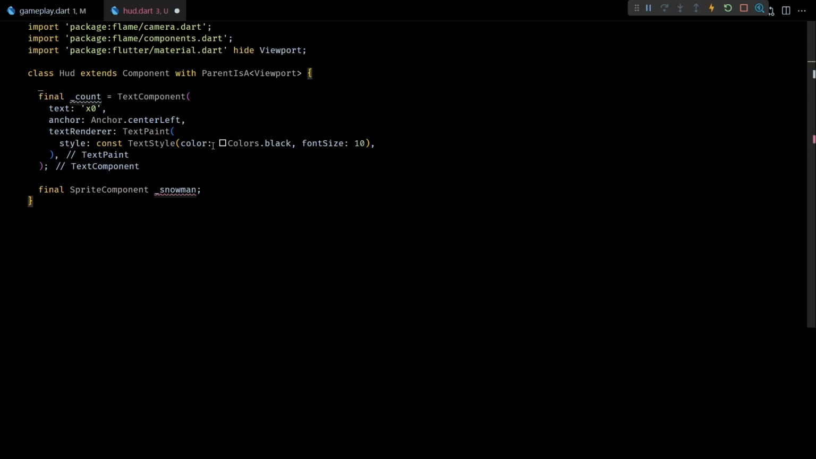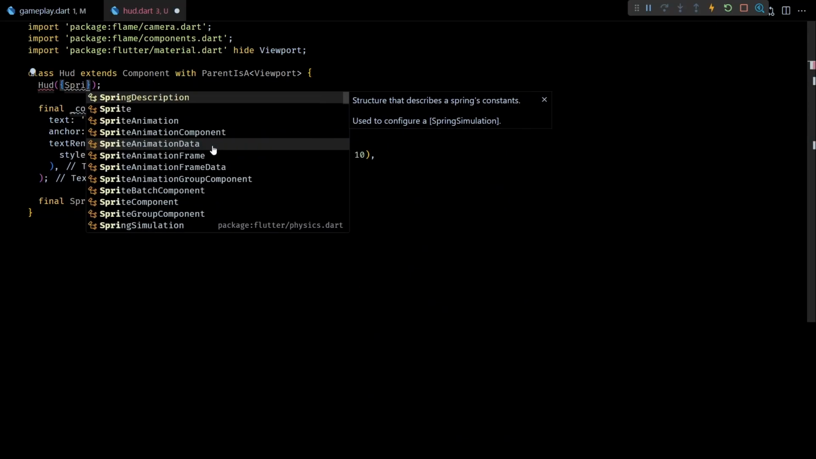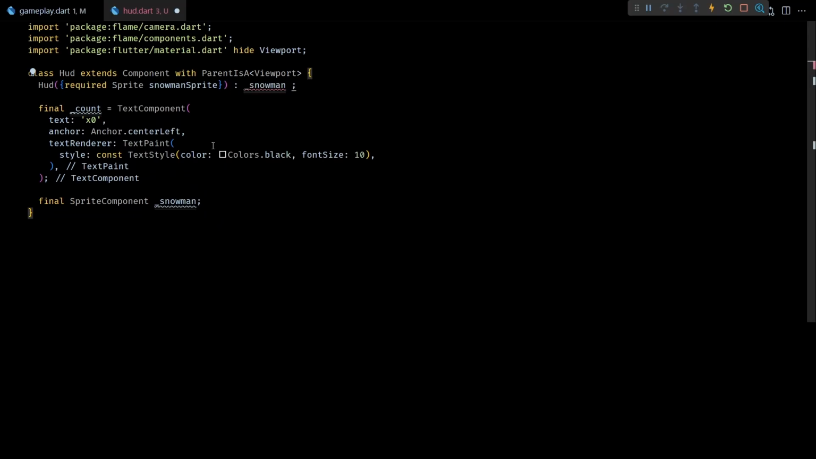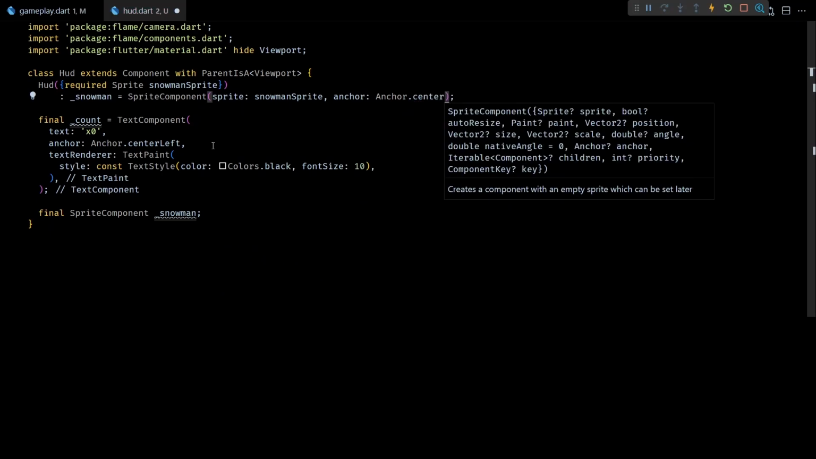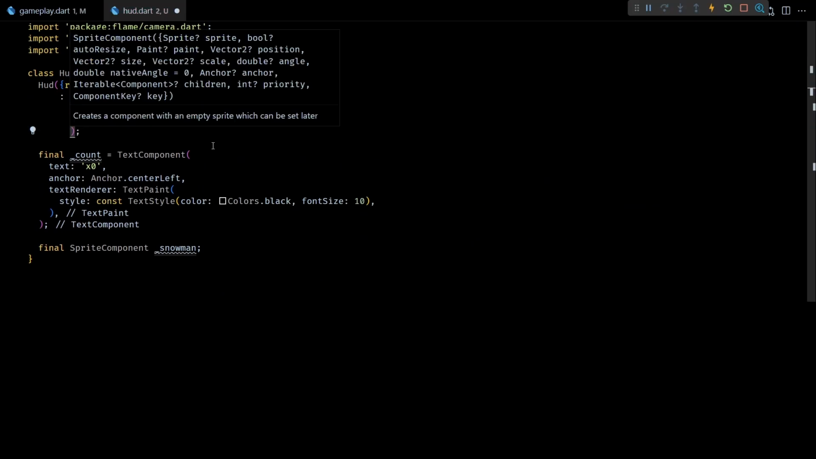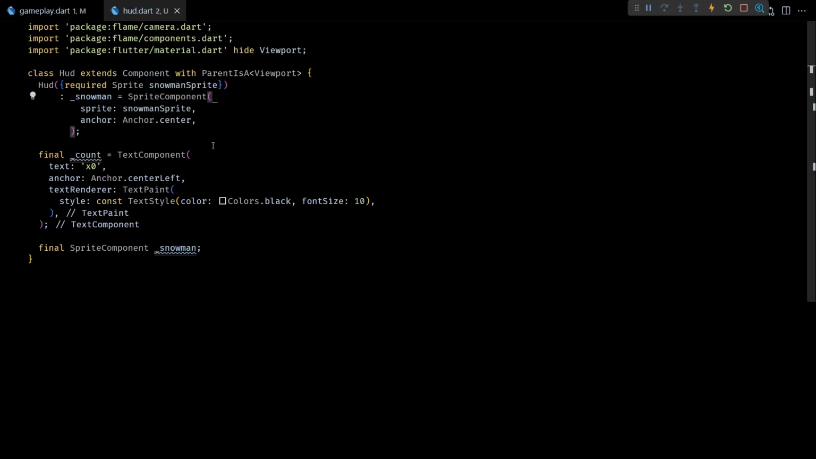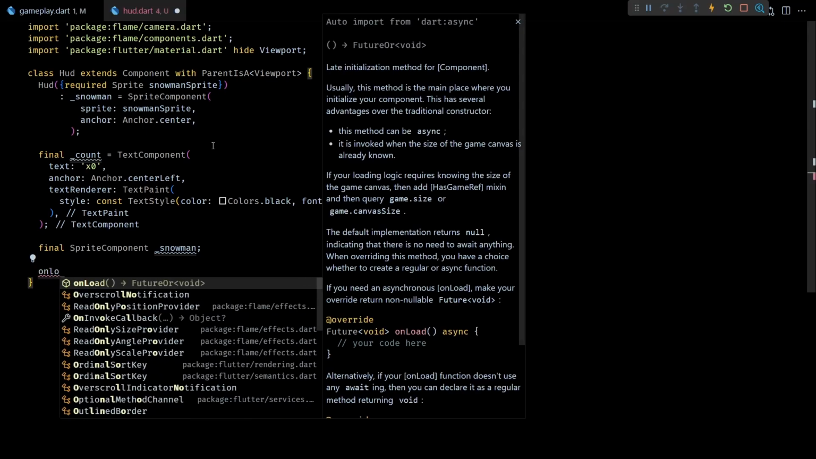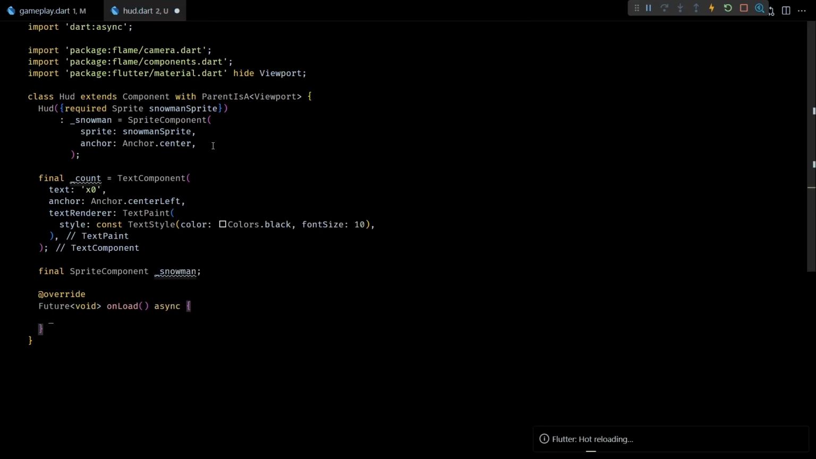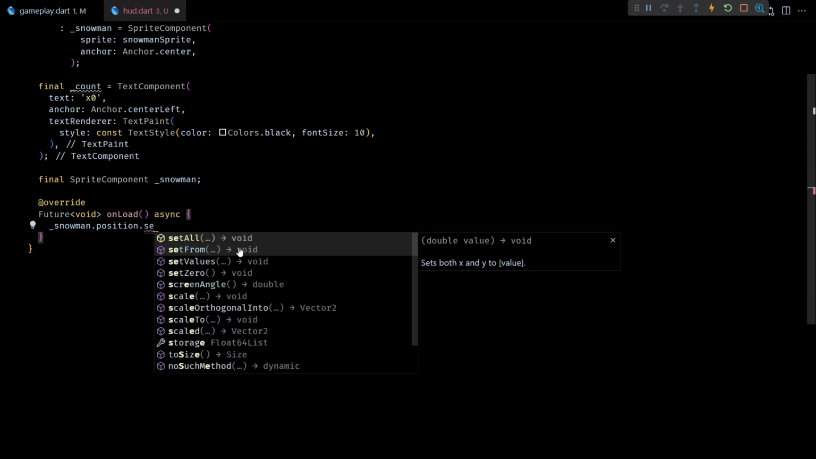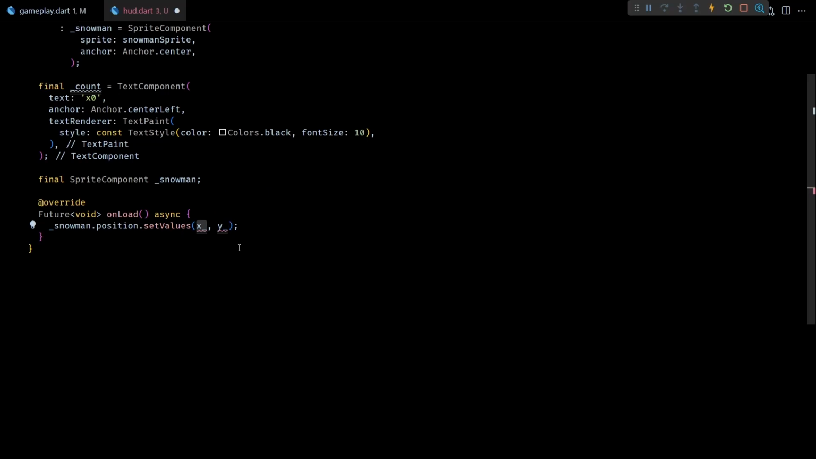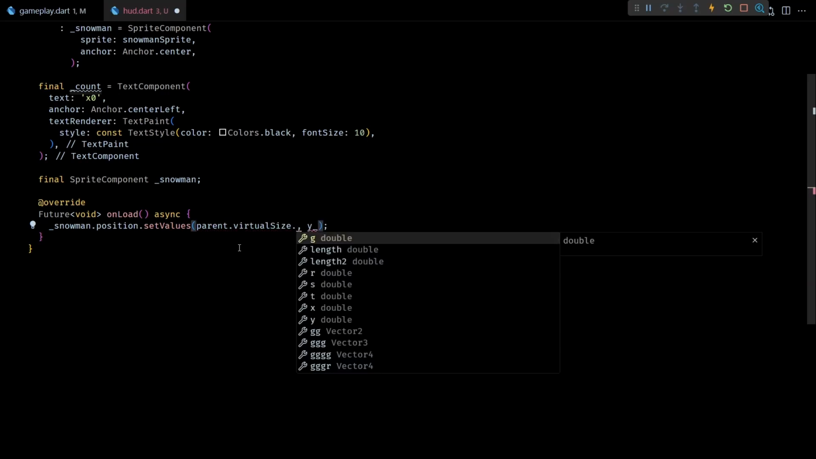To initialize this, we'll need a sprite, which I'll add as a required parameter to the HUD constructor. Using this sprite, I'll initialize the SpriteComponent and I'll also set its anchor to Anchor.center. Next, to place the text and sprite component at the bottom right corner, I'll override the onLoad method of this class. In here, using the virtual size of the parent viewport, I'll update the position of the sprite component